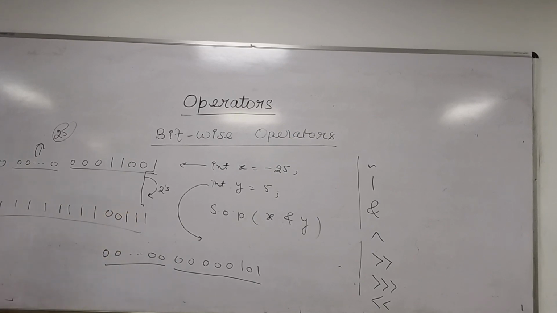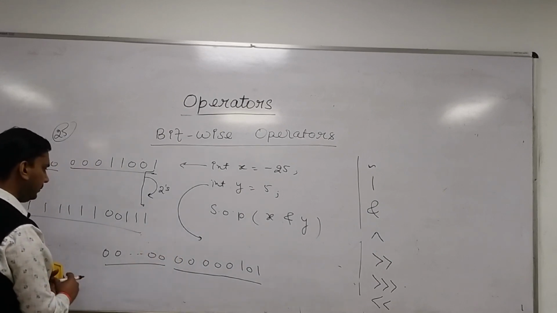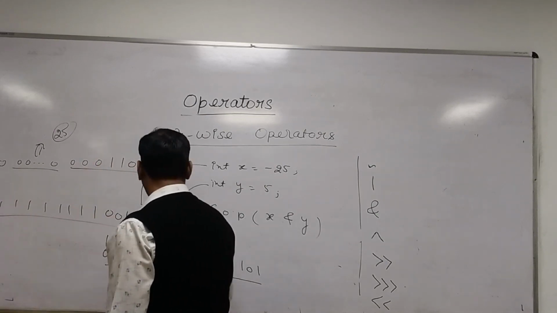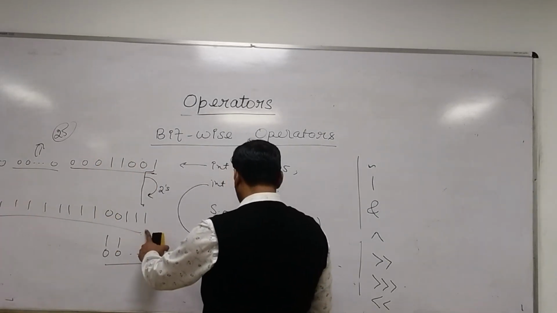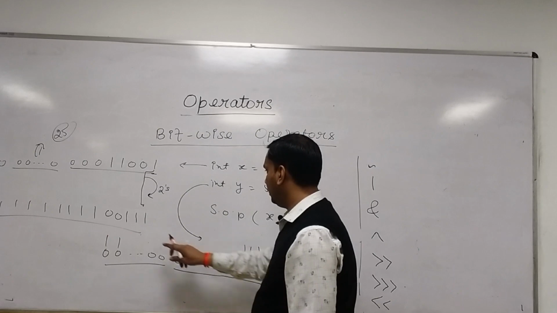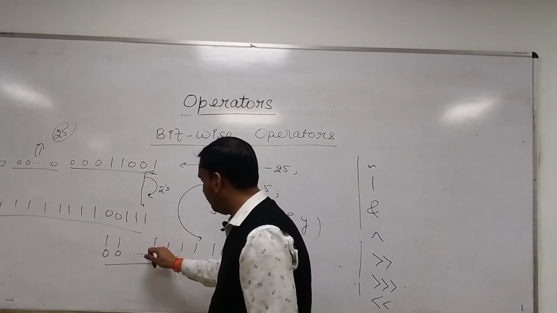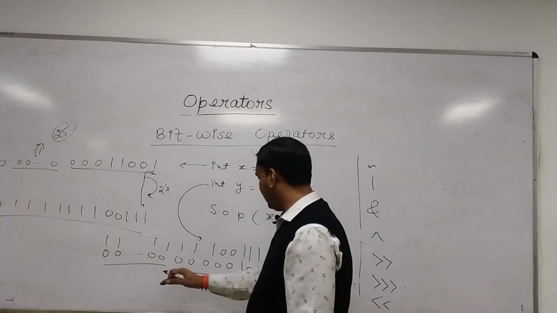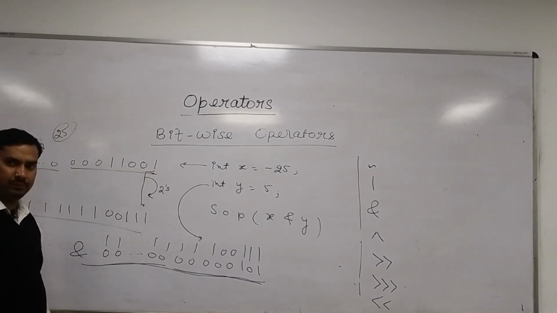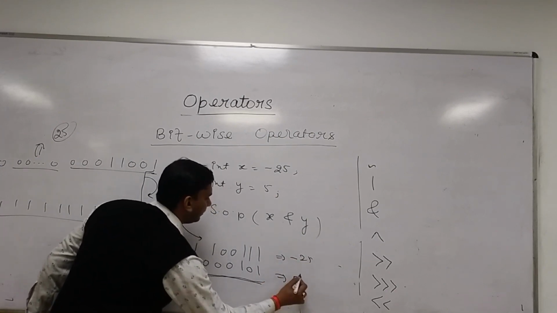So now we have to take the AND operation. AND operation means you will write this number here. So it is all ones. You can see all ones, but if you see the last few digits, this is 1, then this is 1, then third one, then we have 0 0 1, 0 0 1, and just other 1. We are not going to consider all these things in the result. So this is the AND operation you have to perform now. This is your minus 25 and this is your 5.